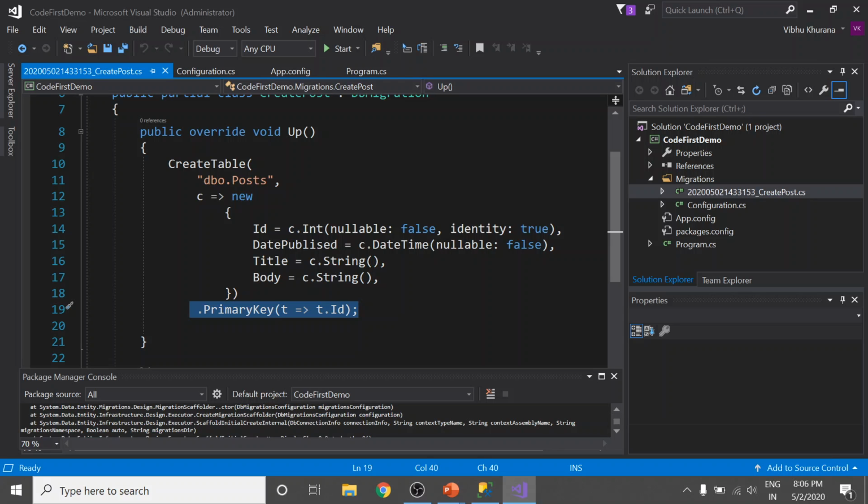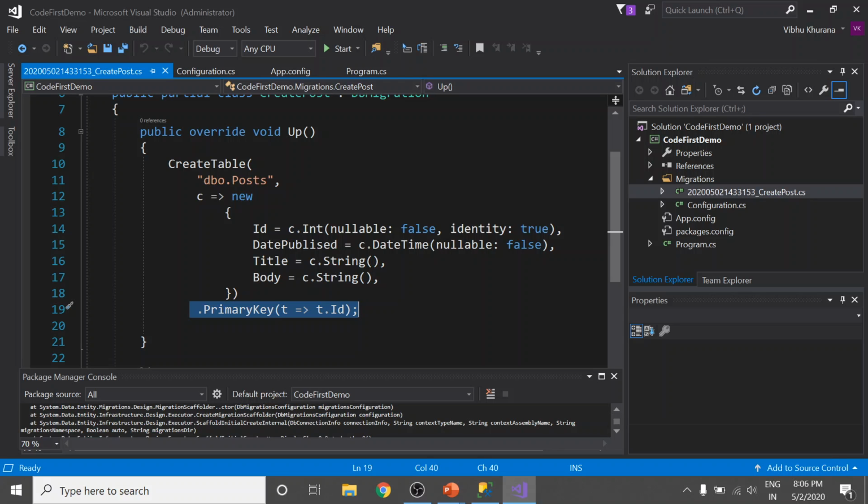So it automatically added these expressions here. So we created a code first migration. The next step is to run it. When we run it, Entity Framework looks at the database. It takes the current version, which I'll show you later, and then figures out what migrations need to be run on the database to bring it up to date.